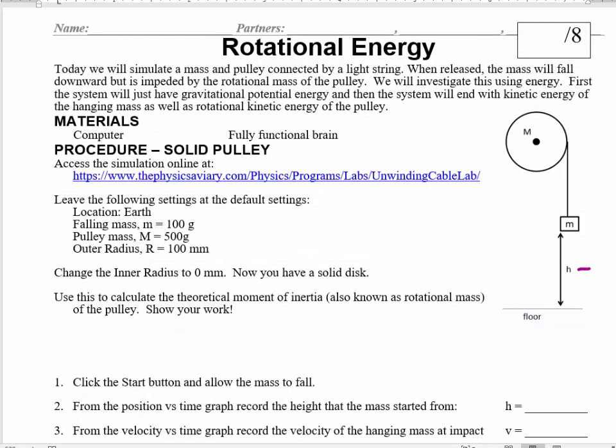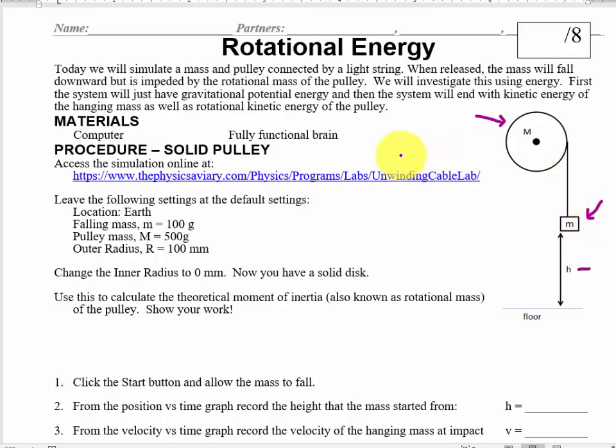Okay, this is the online lab that's going to take the place of the Atwood's machine lab that we would be doing. Still, both of those labs did use energy, and what we're going to do is more or less set up a virtual pulley. We're going to hang a mass off the side,